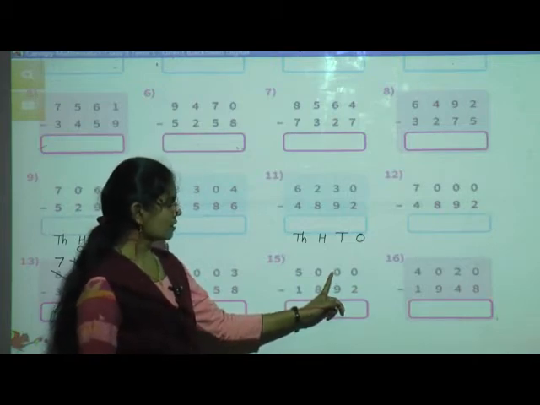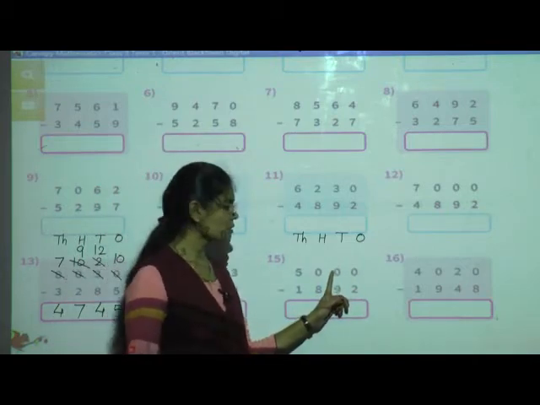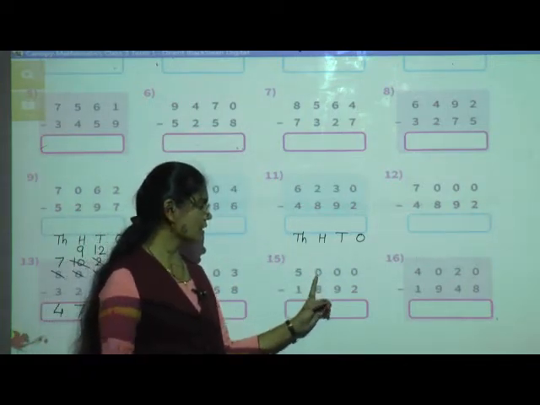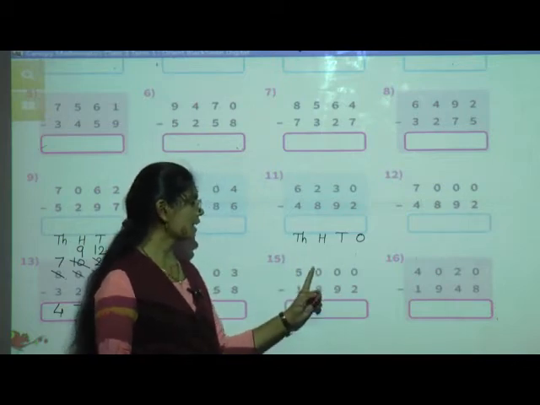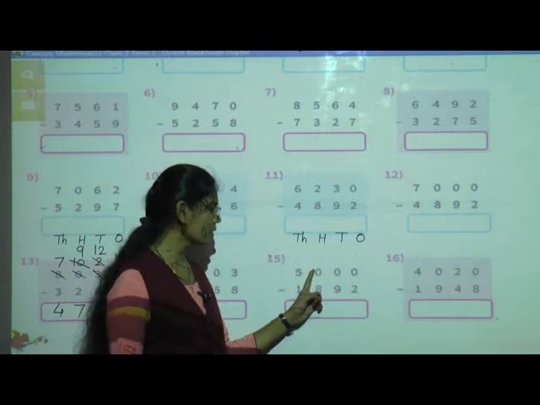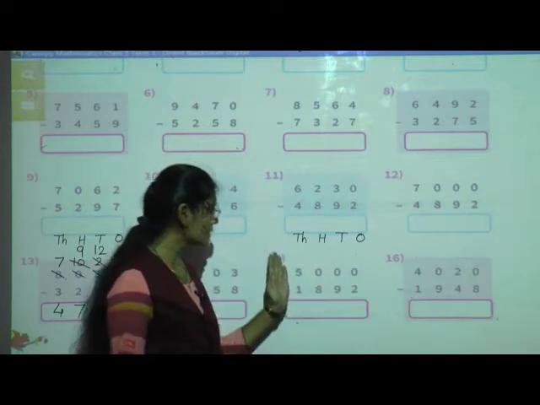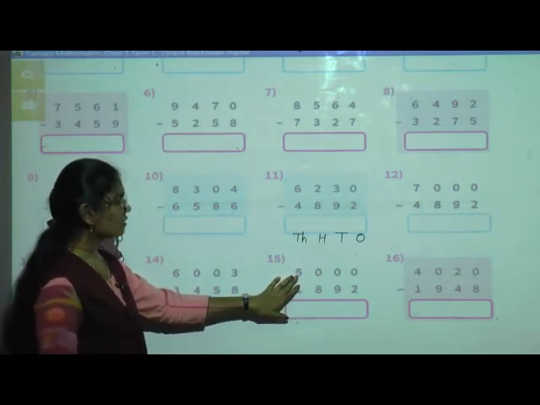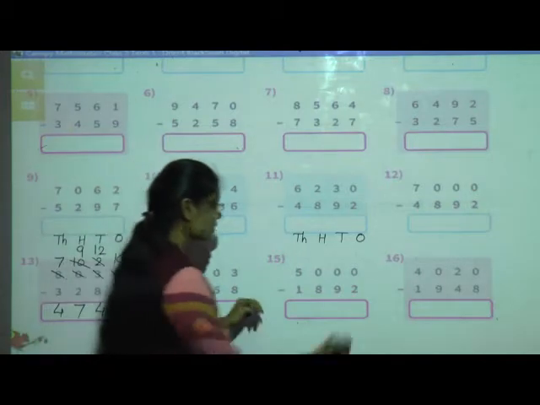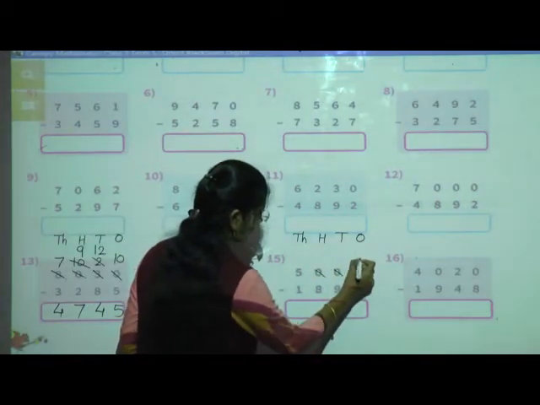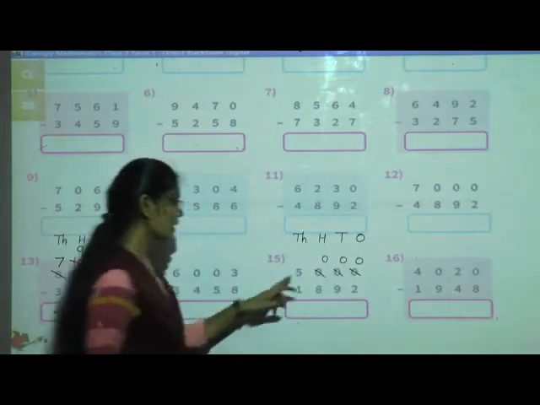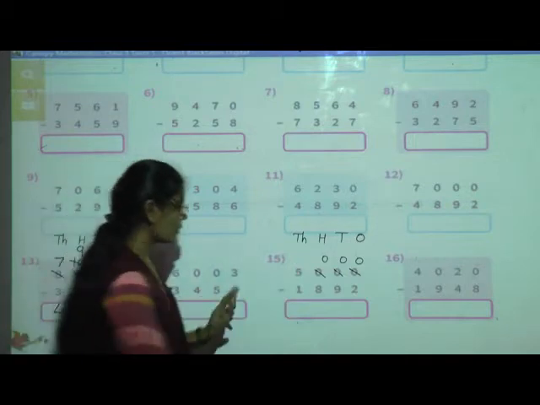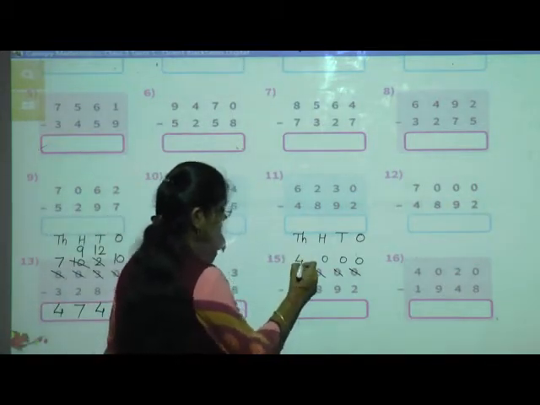This neighbor, tens, is having 0. So again we will go to the next neighbor. Who is the next neighbor of tens? Hundreds is the neighbor of tens. But see carefully, at hundreds place here also 0 is there. So again we will go to the next neighbor. Who is the neighbor of hundreds? Thousands place is the neighbor of hundreds, and this thousands is having 5. So we will cut these 0s and put 0s here. Now we will take one borrow from this 5, just cut 5, and 5 minus 1 is 4.